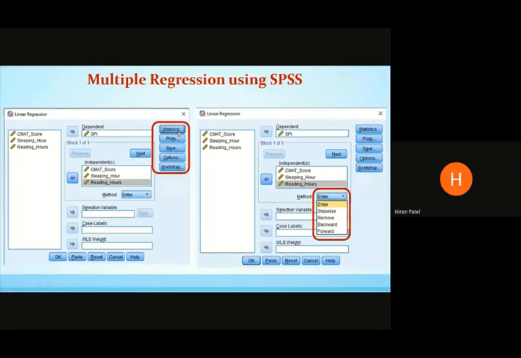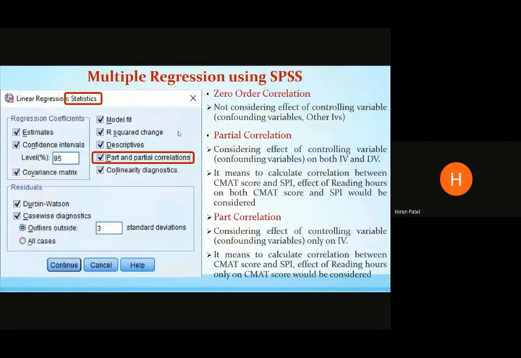Starting with the first one, that is statistics. When you click on statistics, the possible options you can see are regression coefficients and residuals. We hardly bother about reading those aspects. We generally go ahead with only those tick marks which we are comfortable with, or which we know. In regression coefficients, you can have estimates. You can also find the 95% confidence interval, which will give you an idea of what the values of your dependent and independent variables would be within that 95% limit.